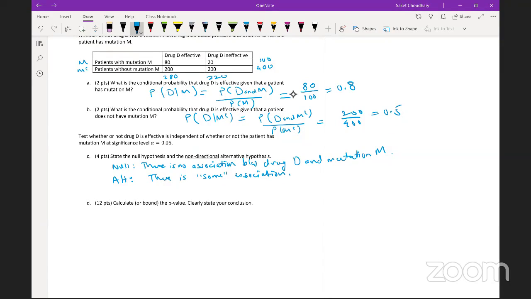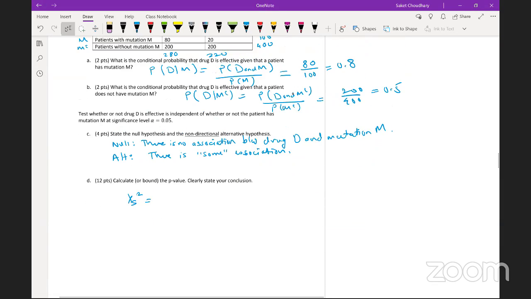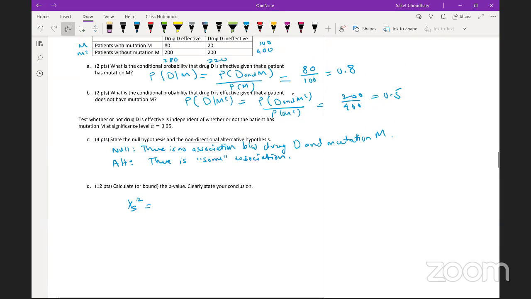Okay, bound the p-value, right? So we have to do a test, and the choice of test for association is a chi-square. And in order to calculate this chi-square, we need the expected values. So if this is your mutation M, this is your MC, this is your D, and this is your DC, the expected value is given by,